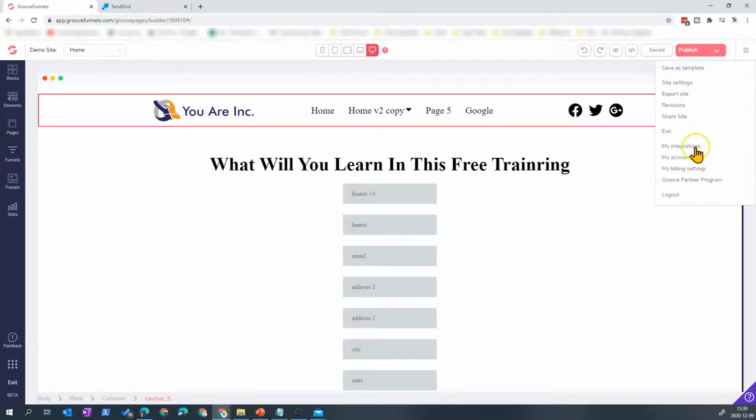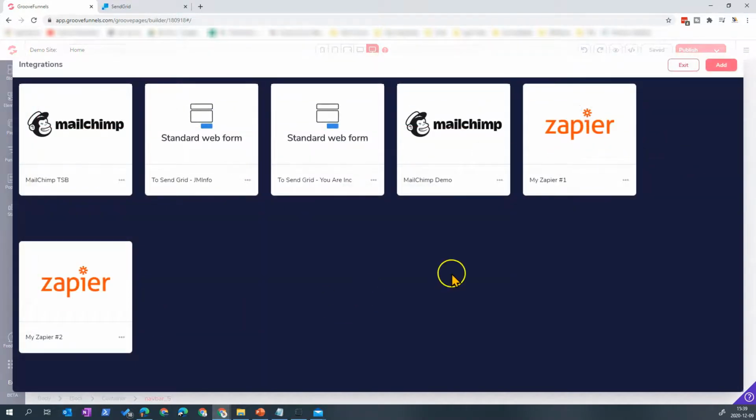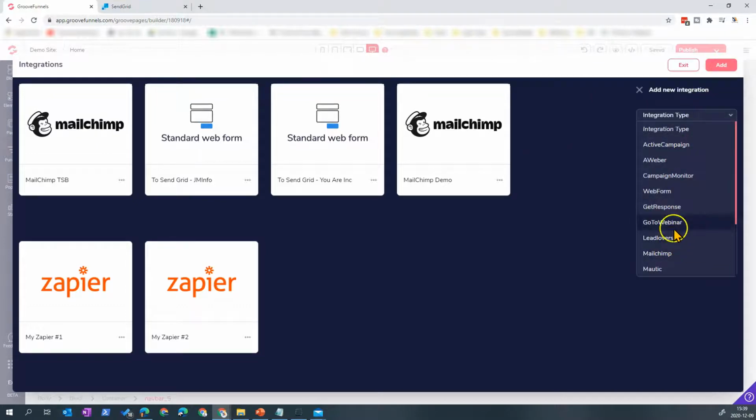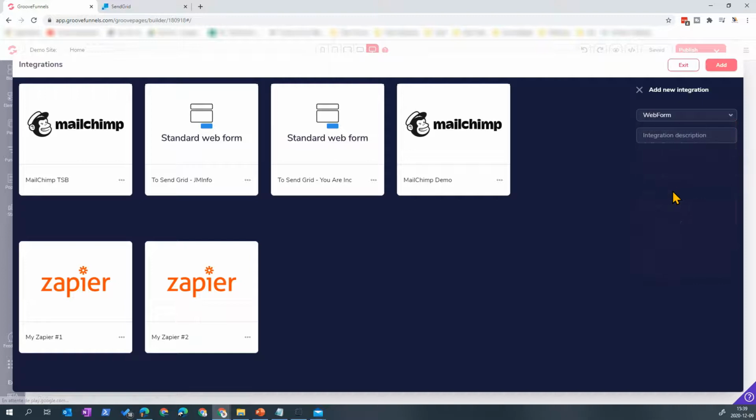Go into my integrations. You see I have a few here. You will create a new integration using web form. So actually, it's not SendGrid by itself, but it's called web form. So I click here. You see it's telling me SendGrid, the API. So I will put here the key that I pasted from the dashboard of SendGrid, and I will enter here the email address of my SendGrid account.